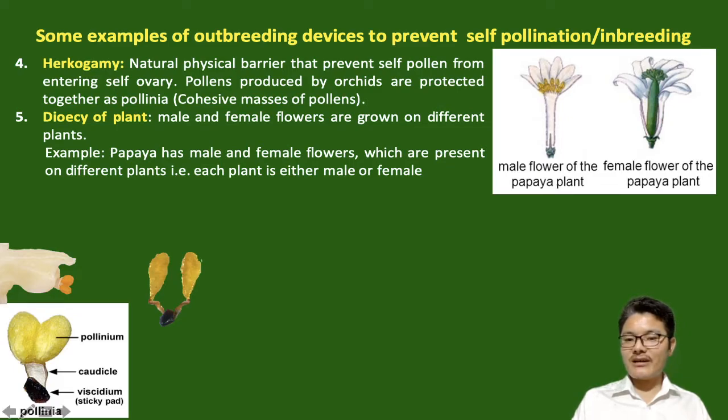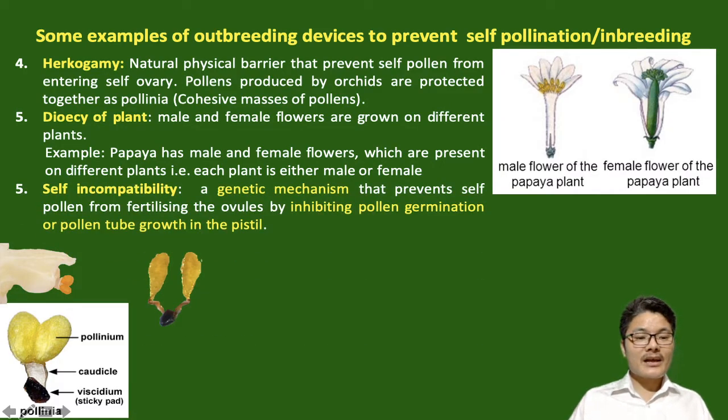A better diagrammatic representation of flowers of papaya plant: the male flower has a unique morphological structure with reference to the female flower of papaya plant. Oh, the sixth point, why have I written it as the fifth point? The sixth outbreeding device is